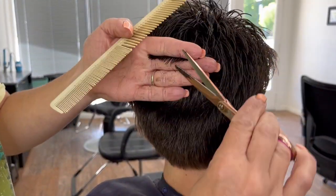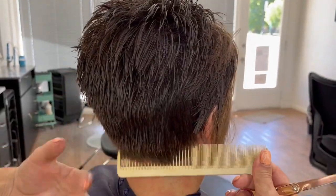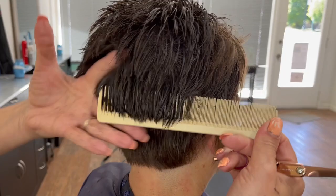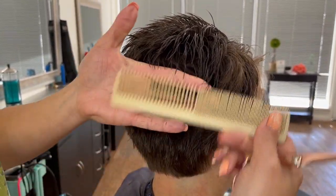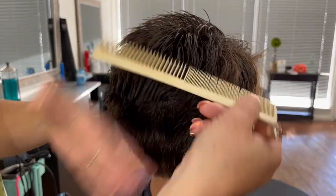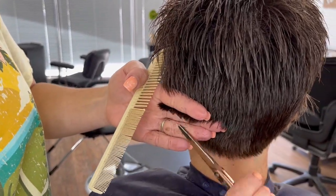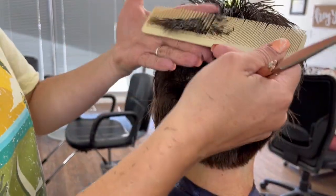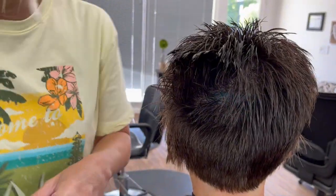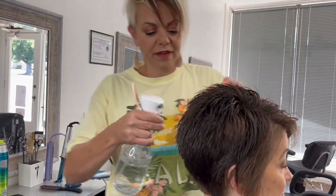You can go through and even this out. Okay, nothing there. Come on the sides. Tiny bit here. Okay, nothing there. Okay, tiny bit there. You can kind of see once you go up horizontal this way, if there's anything that's, whoop, grab another comb, that's out of line. Okay, now I'm just gonna